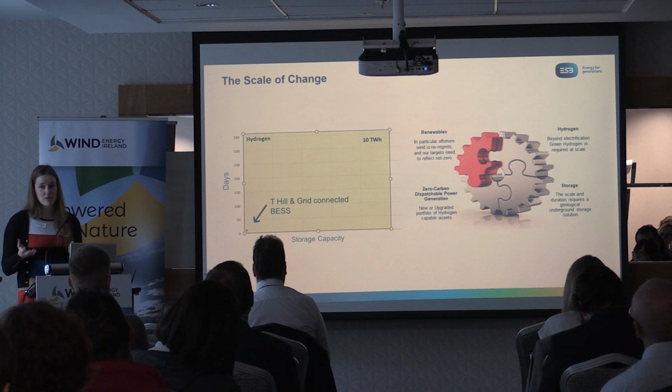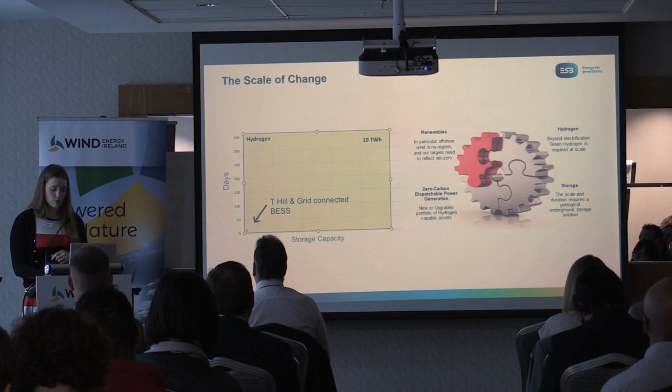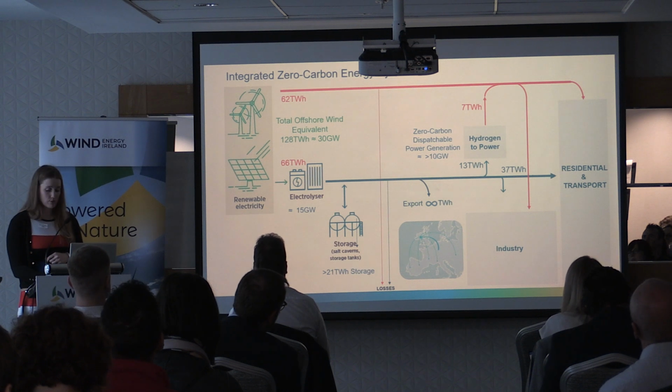It's all very well having hydrogen, but we need to have our assets capable of upgrading ones we have today, and also a new portfolio of assets to burn hydrogen or even fuel cells in the future to make use of this energy. So just as a very simple illustration of what the system we're looking at in